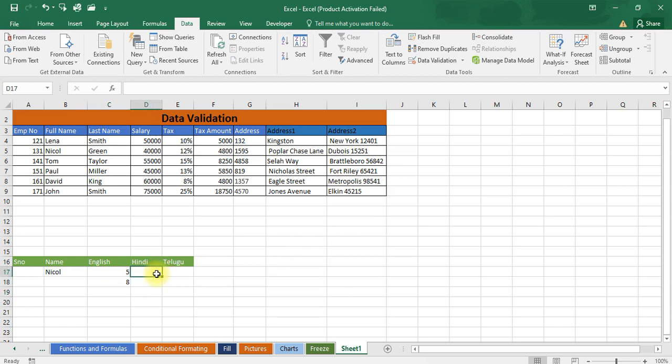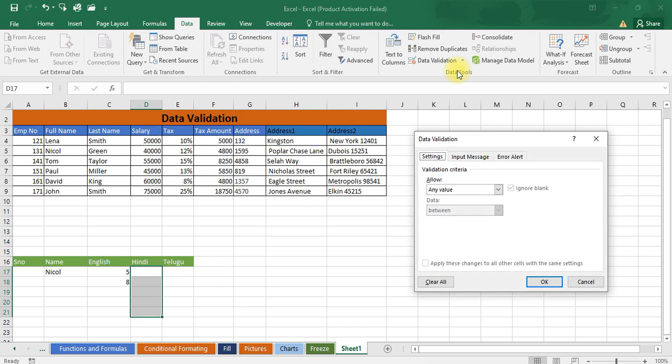Again, one more column I am taking. Then click on Data Validation. Here in the Allow field, you can take any value: whole number, text, custom. If you want you can customize: text length, time, date, list, decimal, whole number, any value. So whole number I am taking. Between, so here we will take